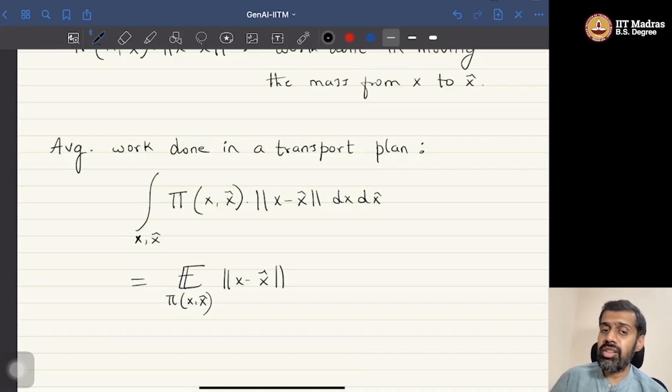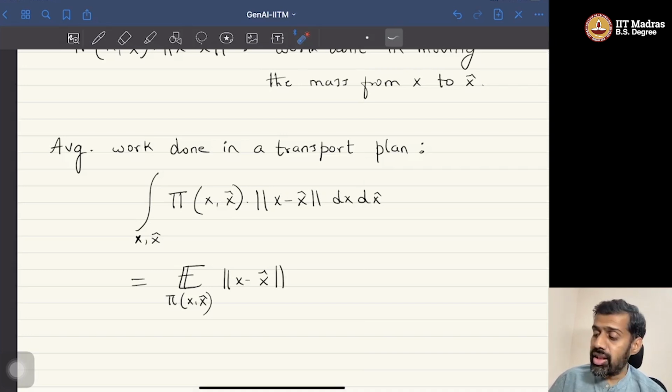Mathematically speaking, it's the joint distribution between the corresponding random variables. From an intuition standpoint, a transport plan is a scheme that would tell you how to convert one distribution to the other, as we just saw. So now every transport plan has to do some work while converting one distribution to the other,